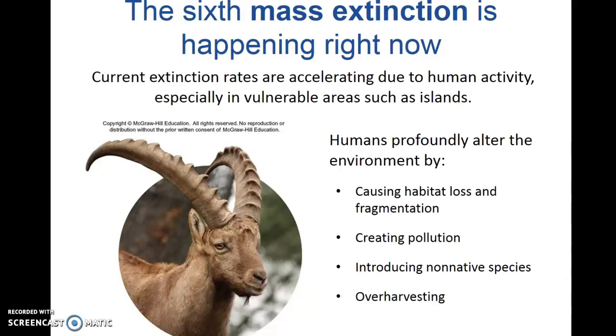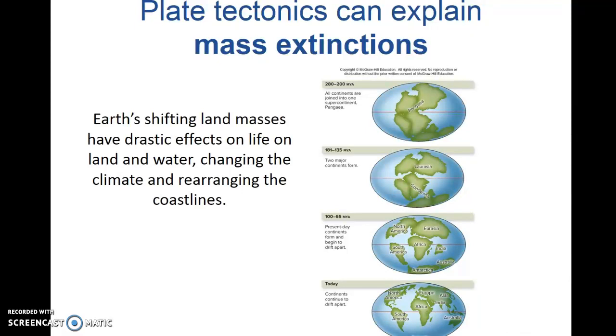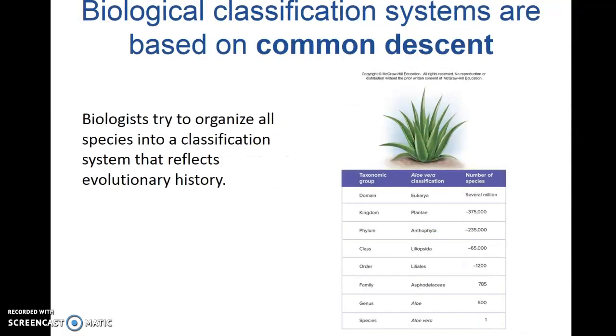The last thing I'm going to leave you with from this chapter is that we are in the midst of the sixth great mass extinction, and the problem is not an asteroid or anything hitting the planet. It just happens to be people and what we are doing to the planet. We'll talk a lot more about extinction in a future chapter, when we talk about biodiversity and all the things occurring on the planet.